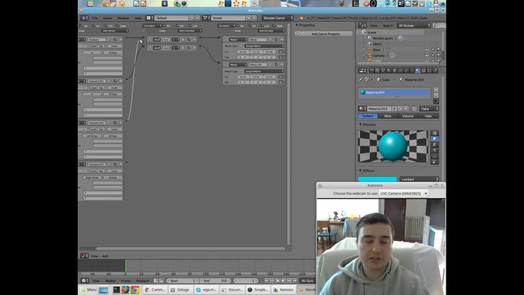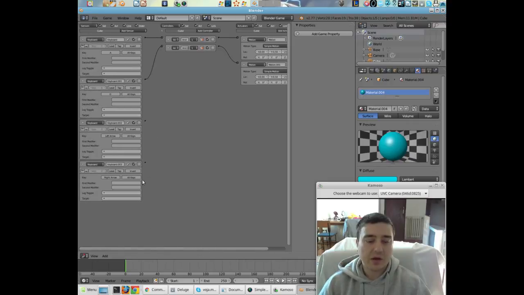Now, before I connect this, I need to discuss something. I am connecting these 2 over here. However, if I connect them, in order for my player to do this motion, it will require for me to press both keys, A and D, and left, sorry, in my case. Why is that? Because this is an AND sensor, which means only when these two are activated we are going to have an effect. Now I can choose an OR sensor,